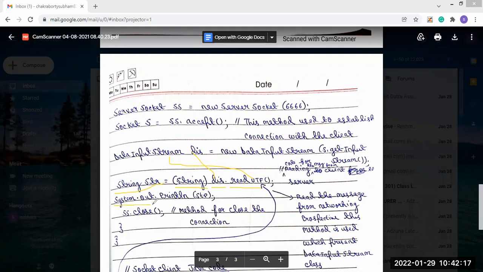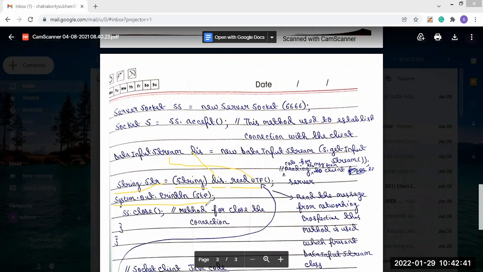And after that, the message that it receives, it will print that message. So we use System.out.println, and inside it we are storing the string, so the message will be printed. After the message is printed we do not have anything more to do.